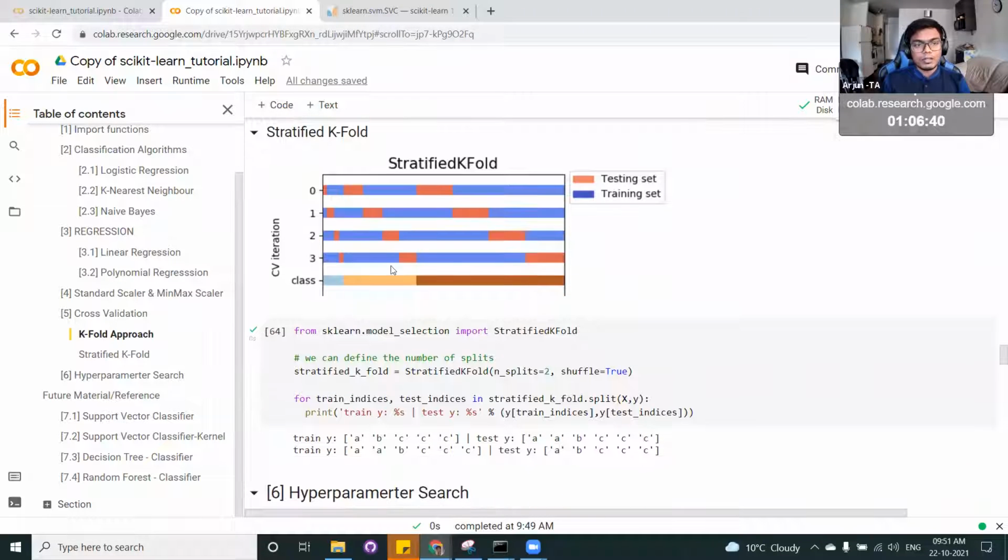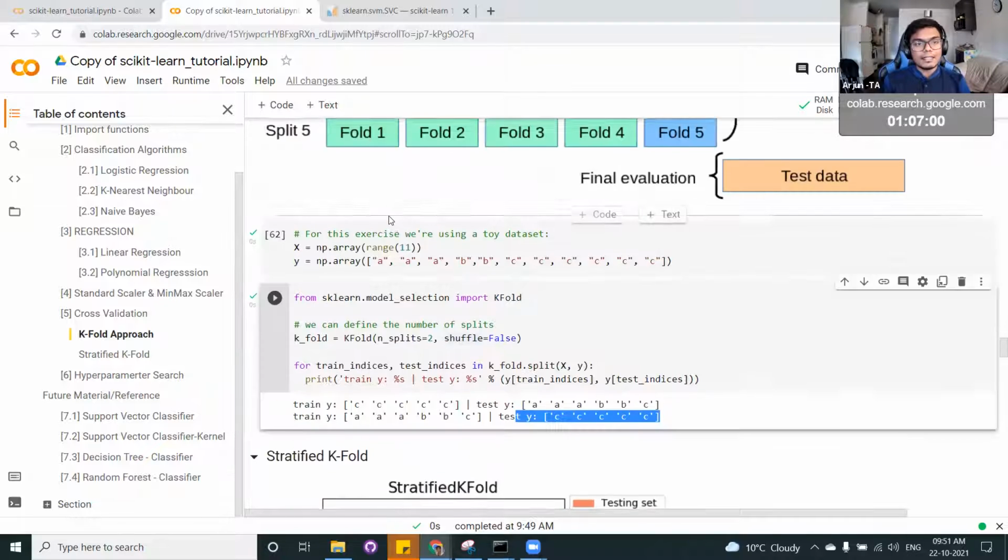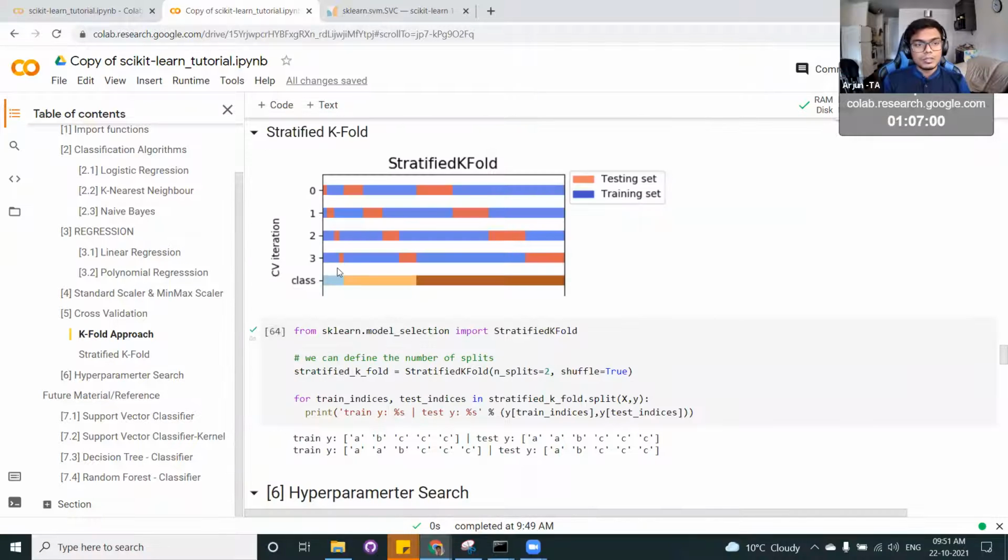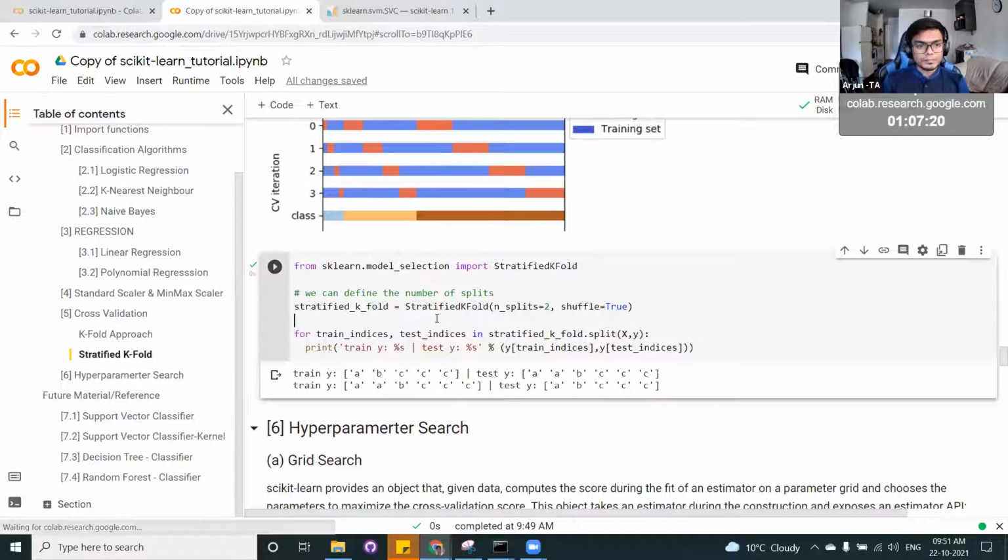In stratified k-fold, what happens is, let's take in class 1, the gray part is very small, and then this orange or yellow part is somewhat good, and then in the brown part you have a lot of examples. So these are the 3 classes. So rather than taking a random split, let's say you have 10 examples in class 1, you just take 3 examples from here, and you just consider 3 buckets. You pick some number from each and every bucket so that you are giving preference to all.